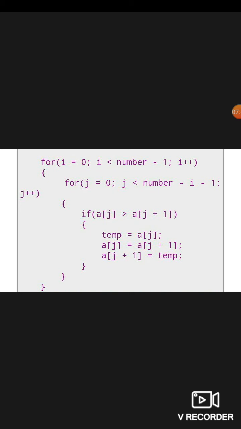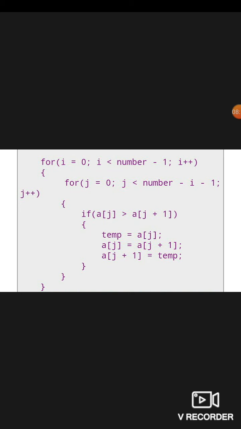If i is 0, then 5 minus 0 minus 1, 5 minus 1, it is 4. 4 steps. When i becomes 1, is the second step. Okay. Then 5 minus 1 minus 1, that is 5 minus 2, it is 3. Then i becomes 2. Then n minus 2 minus 1, that means 2 steps. Okay. That is the condition for the inner loop.